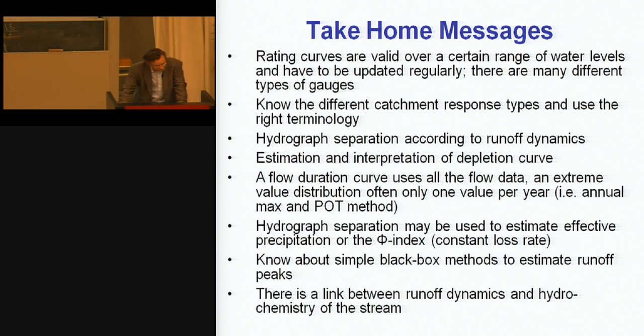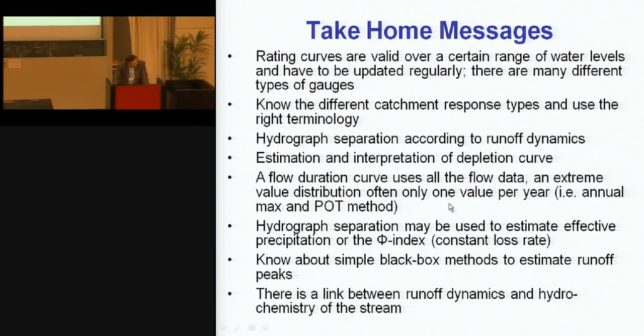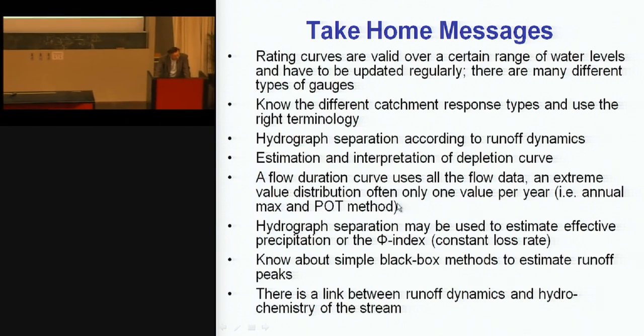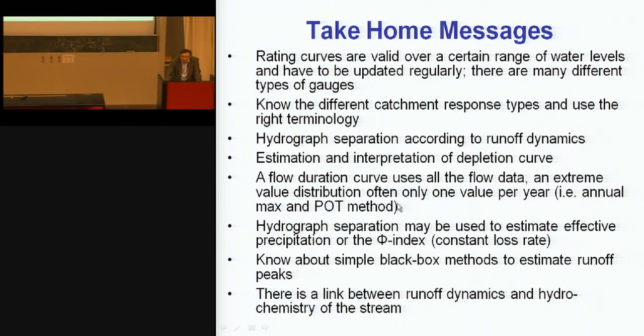Flow duration curves. Yeah, we looked at those. We didn't do hydrograph separation. We also looked at effective precipitation with the phi index method. It's a constant loss rate. That means it always subtracts, for instance, 2 millimeters per hour, depending on the catchment, which is a constant subtraction from the rainfall